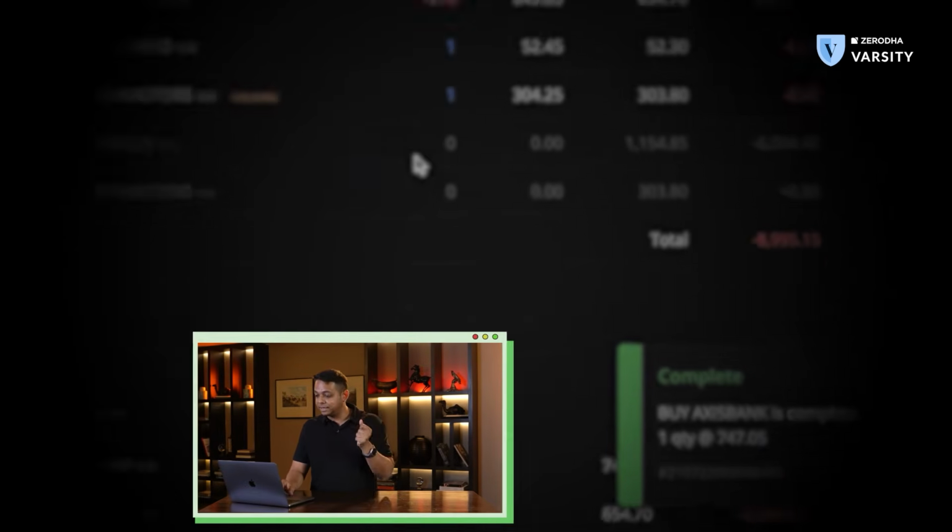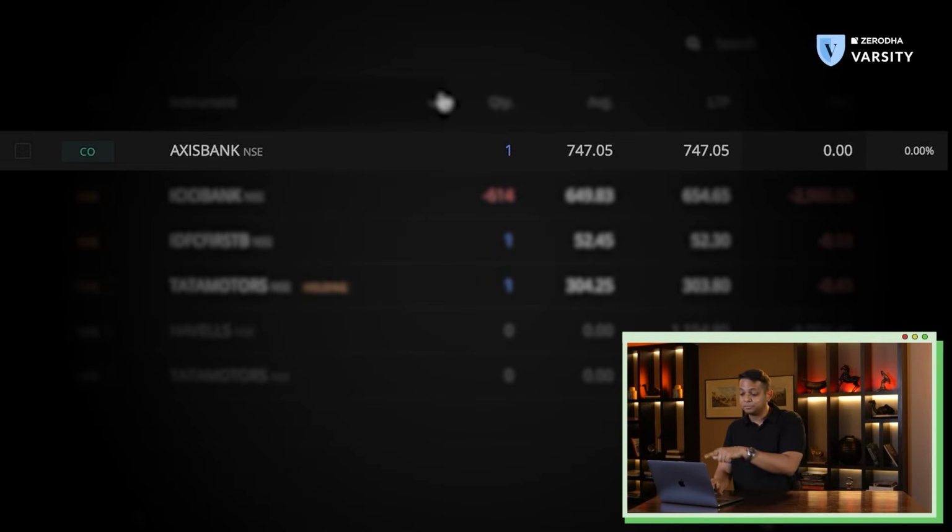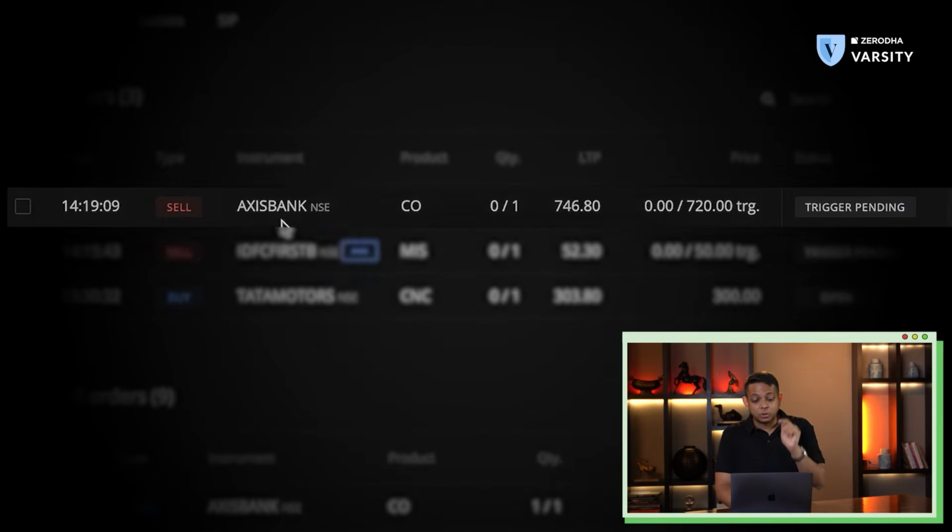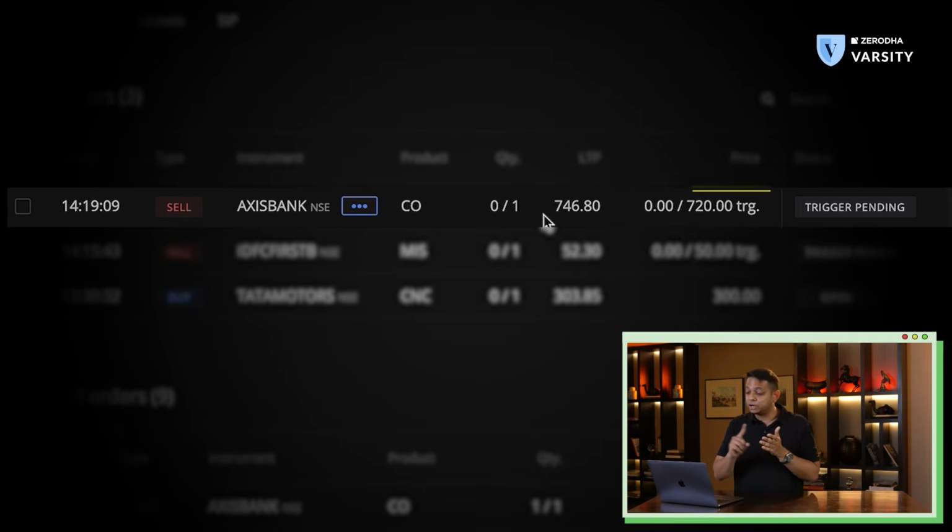That's it. Very quickly, the order was placed. And I can see in the position book that I'm long Axis Bank. The position book also shows me that it's a CO order, that it's a cover order. And I can see that I am making a very, very small profit right now. In the order tab, I can see the stop loss for Axis Bank we specified at 720, which is the trigger price. So that's how you can place an entry and a stop loss in one shot. You can also do this as a sell order. So if you want to place a sell CO, you can enter short and place a buy order, that's your stop loss order, in that one CO order as well. CO orders are intraday only.